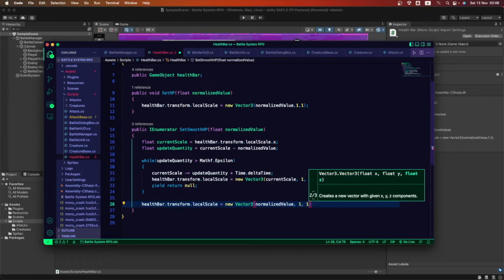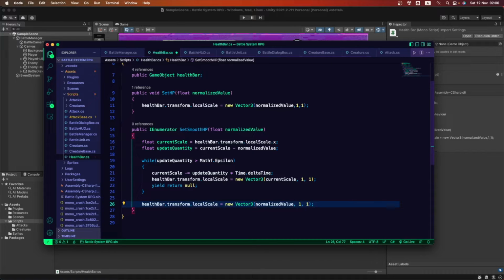So we want to be updating that value constantly. After this finishes, we're gonna be asking if updateQuantity, this result, is bigger than just a number that is just a bit bigger than 0, we're gonna be updating this.